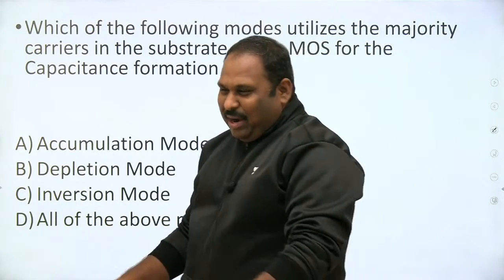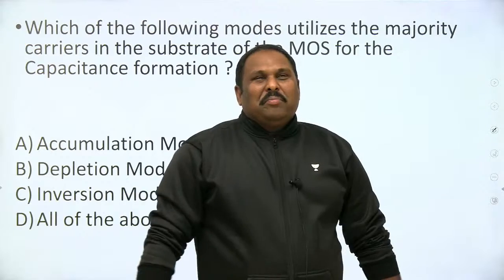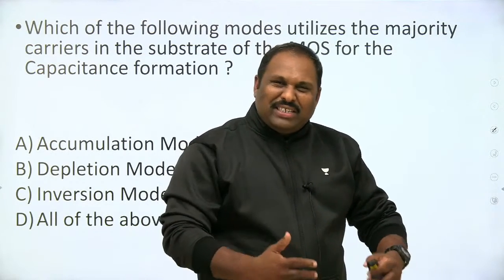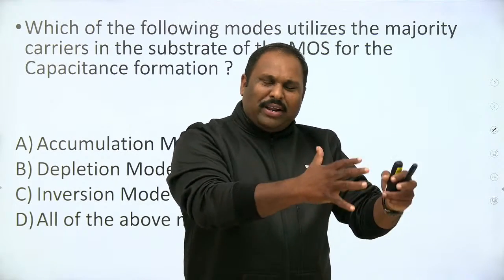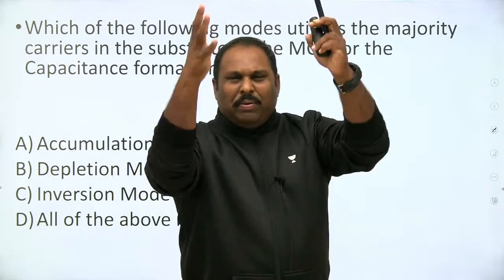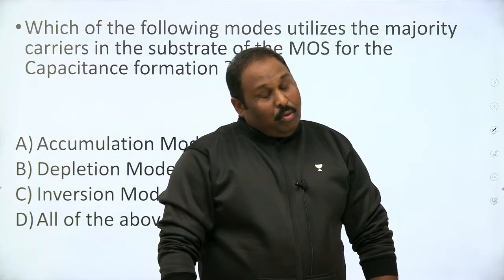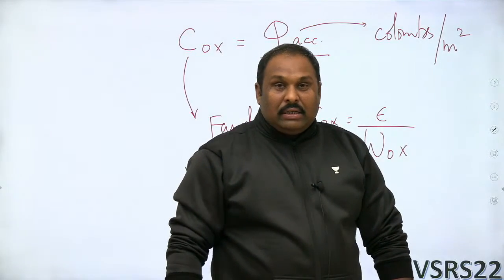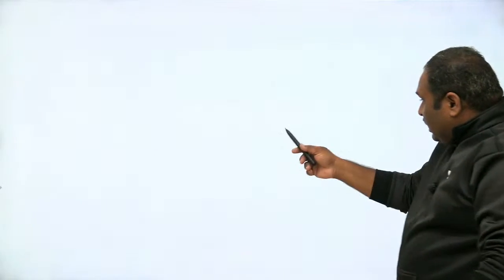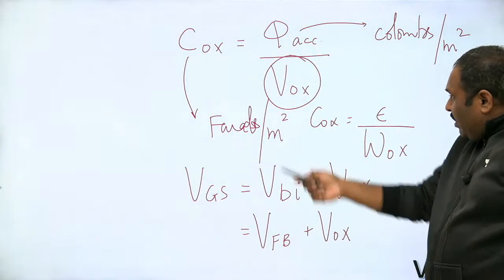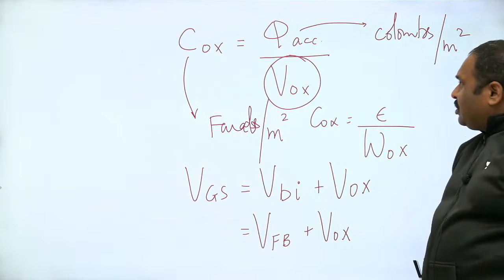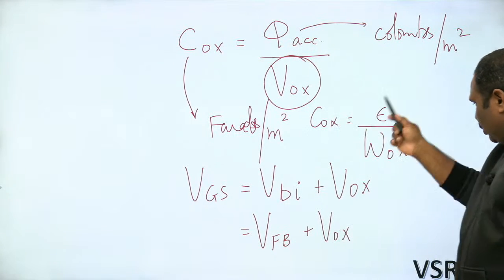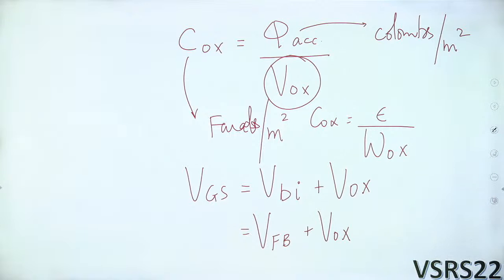Yesterday in MOSFET also I wanted to come down to such basic questions. But for GATE level I had to suddenly shift, because GATE asks only problems. GATE will stress only problems, numericals. Yesterday I was doing that, linear and saturation problems. For MOS capacitor also they'll ask problems only, but problems based on these calculations. They may give you oxide layer voltage, they may ask you built-in or flat band voltage, they may give you gate voltage. They may ask you charge, they may give you width of the oxide layer. Any such things, you should not struggle, students.